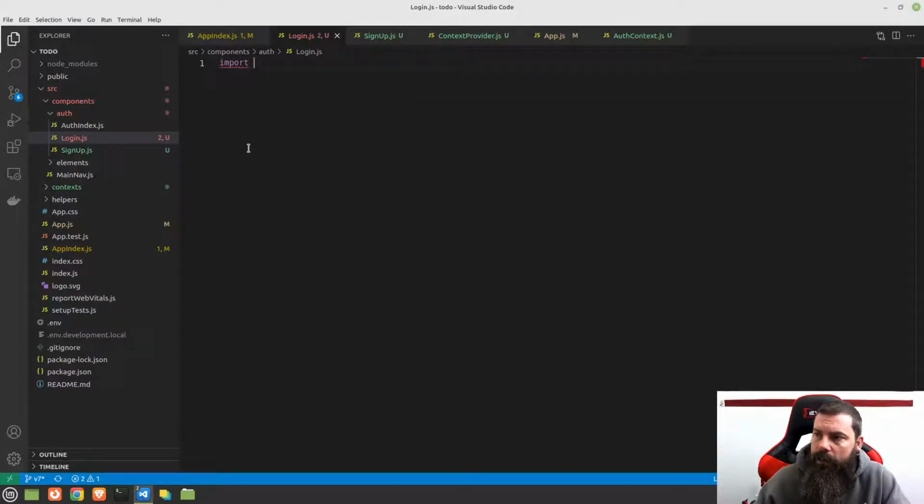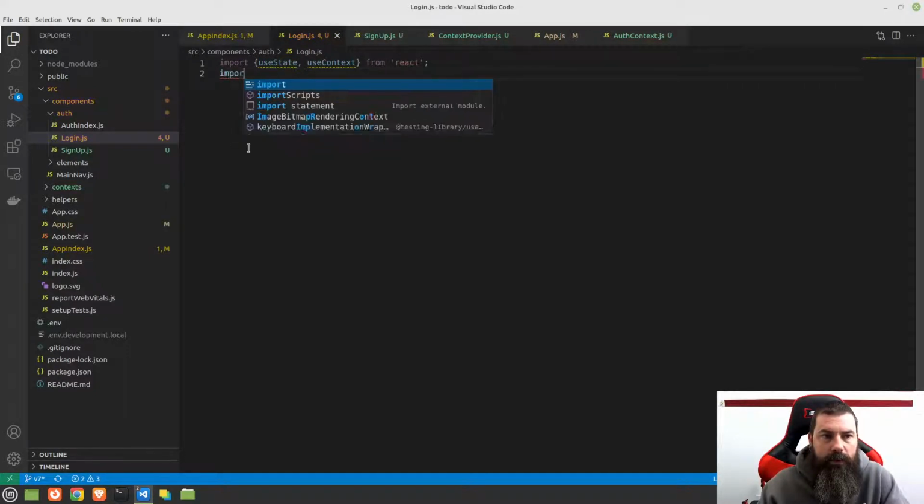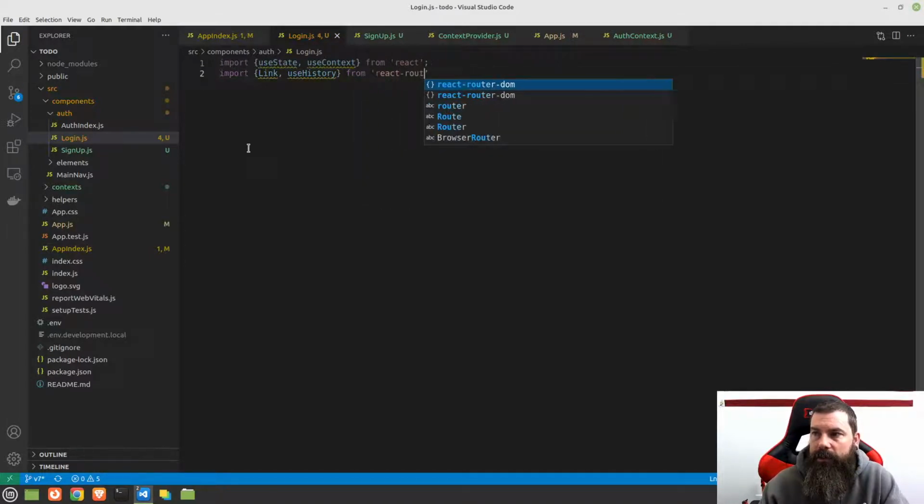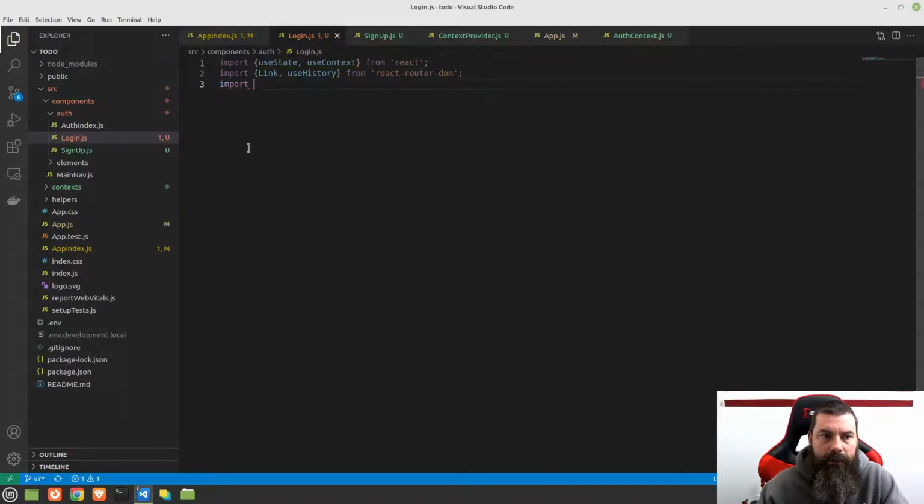Sorry about that. So then what we're going to do is import useState and useContext from React. Then we're going to import Link and useHistory from React Router DOM. We've already seen that library once before. And then we're going to need our FieldBlock, and we're also going to need our Form. So let's import our Form